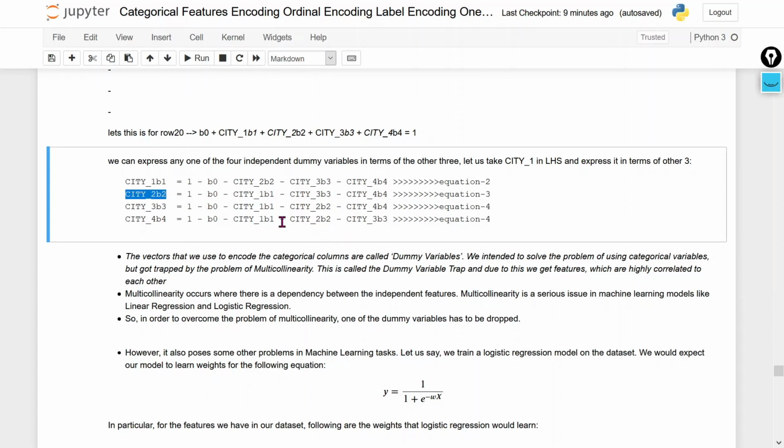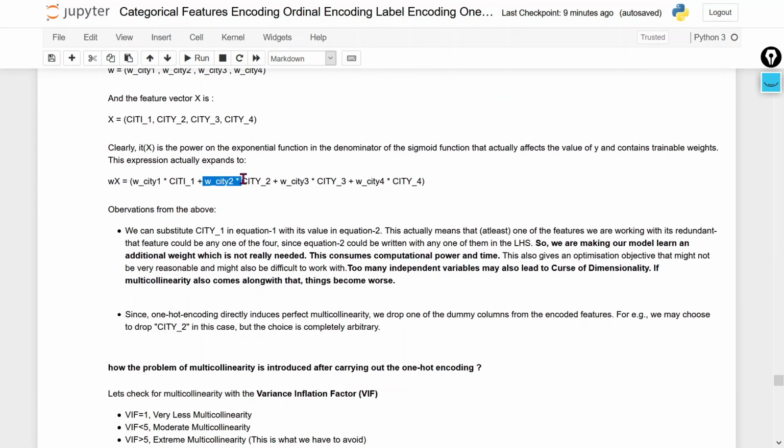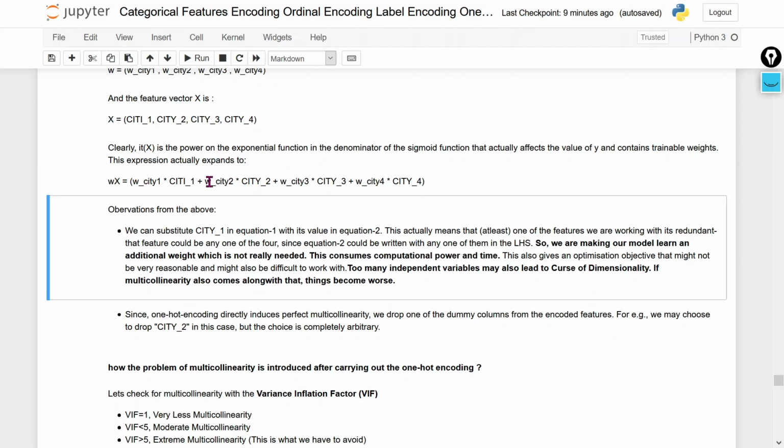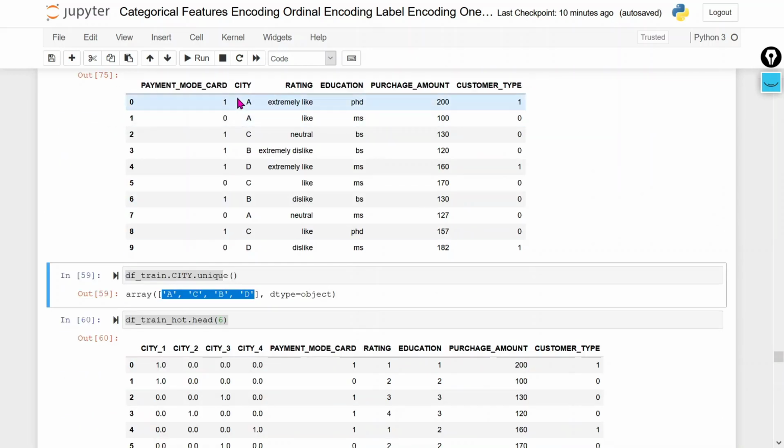What is happening? If we do not remove one dummy variable, we are going to use one extra weight while training our machine learning model. That will consume computational power and time. If we use one extra weight, this will consume computational power and time. One issue is that. The second issue is multicollinearity, and the third issue is,